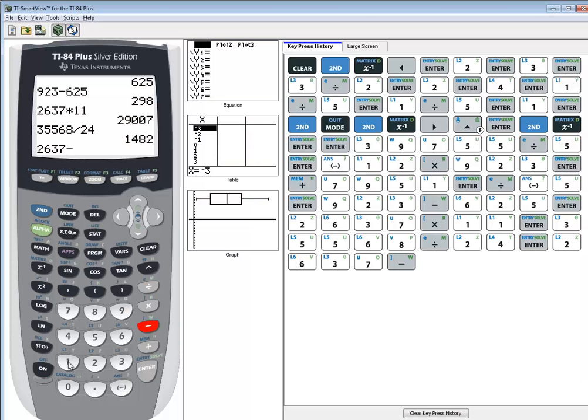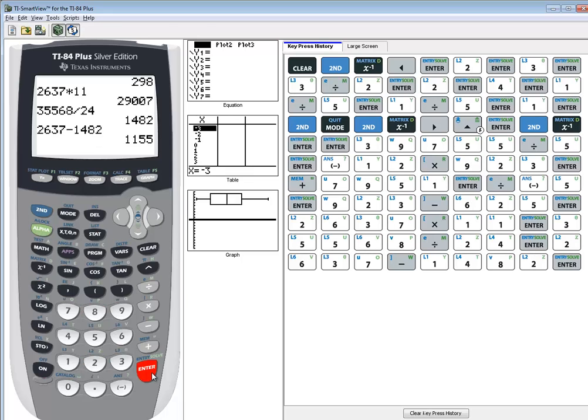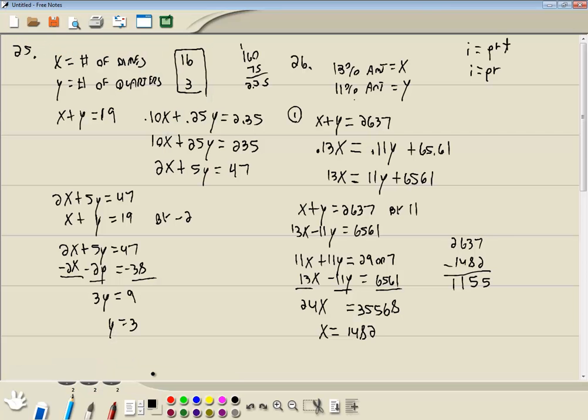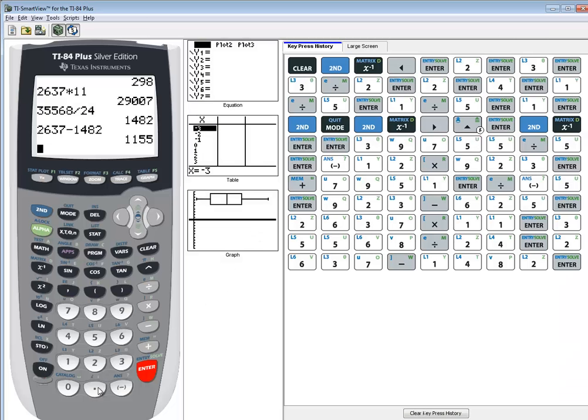1482. 1155. Okay, so this is the amount at 13%, which will be 1482. The amount at 11% will be 1155. Maybe. Let me double check that. The question is whether it works in here. So 0.13 times x, so 0.13 times 1482